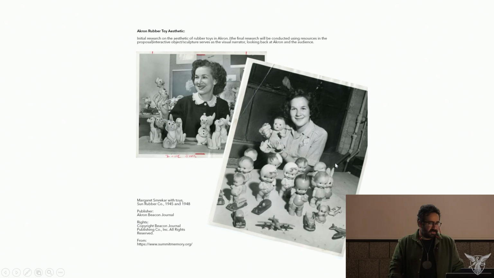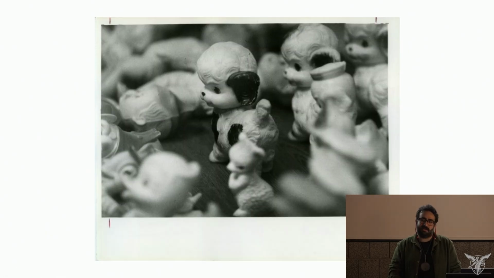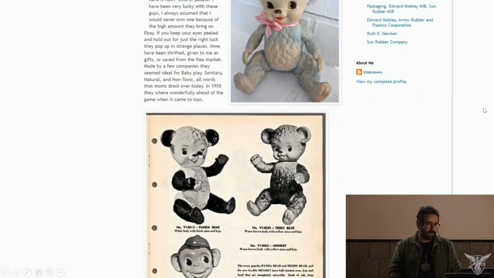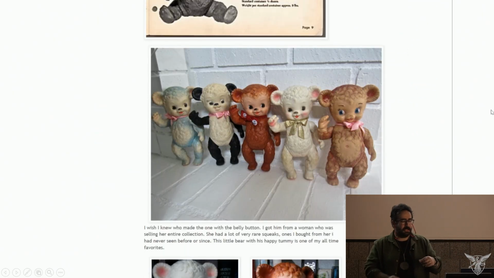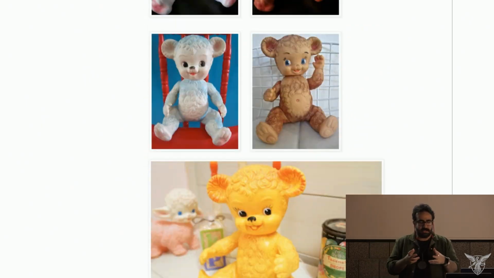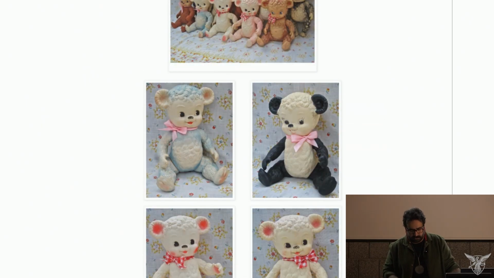Okay. But again, I thought maybe I'll just dive a little deeper in terms of where the aesthetic comes from, and talk a little bit about how the models are trained. So again, Akron has this huge rubber industry heritage, and part of the aesthetic that you saw in the videos is coming from the aesthetic of these rubber toys from early on. And they were hyper-articulated, surprisingly, in terms of the ornamentation and articulation and all of that. So this is one of the documents that I studied when I was putting together the project formally, and also when I was training the AI model, or the LoRA.